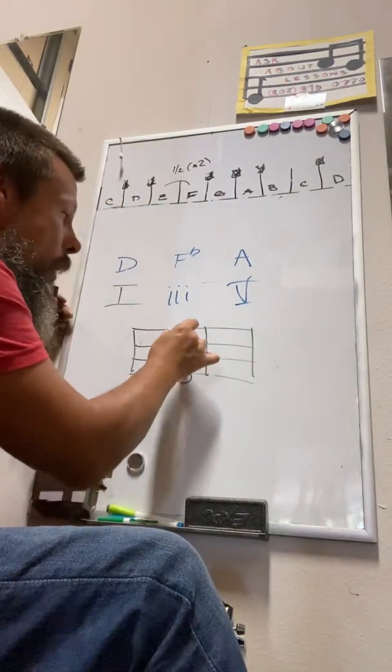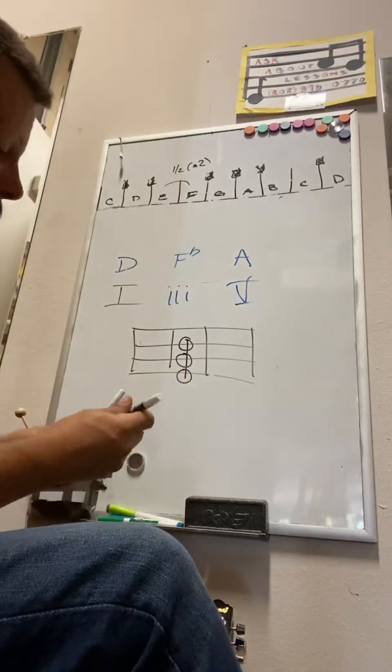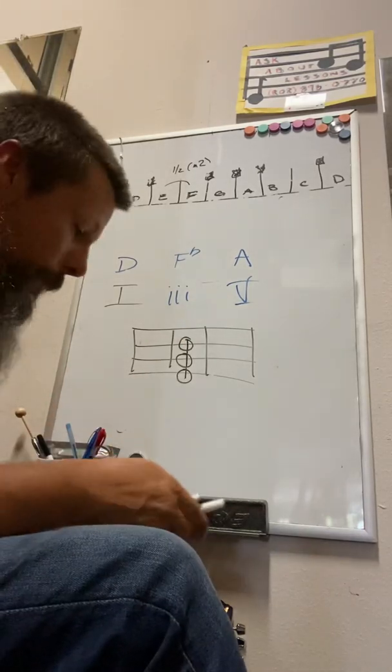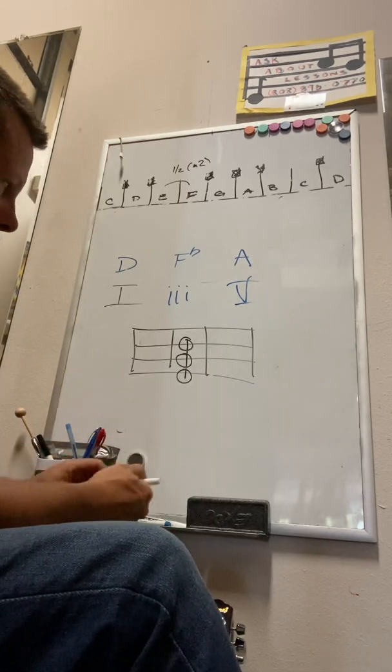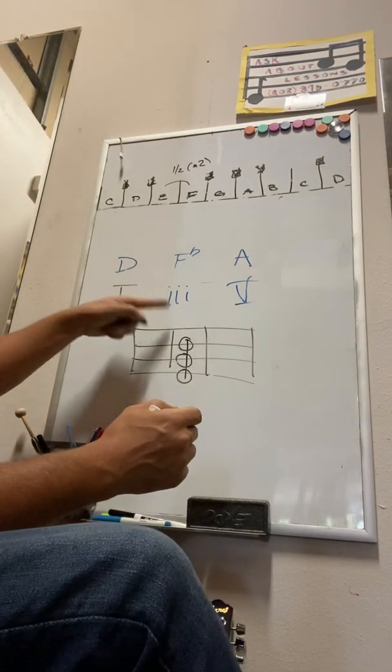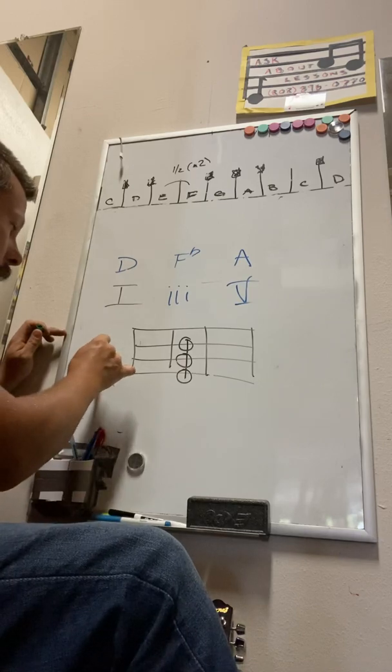Meaning you're going to bar the 1, 3, and the 5, and then you're going to leave an additional note open. So let's just talk about this. Let's use a different color as well, alright? This note right here is off of our